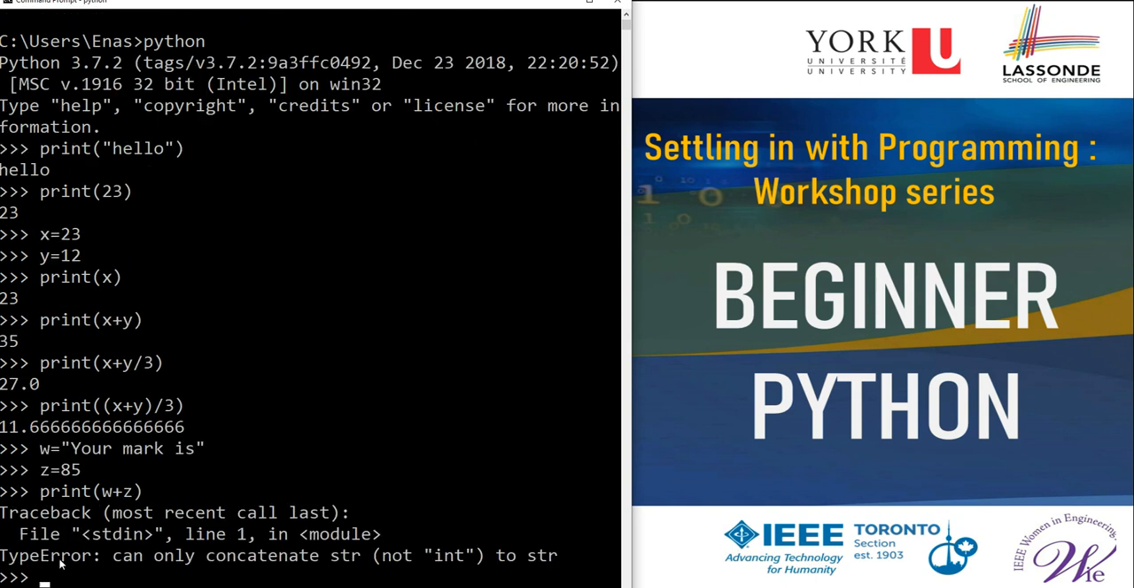What happens is that it says can only concatenate string to string, not integer. So one way to solve this is to cast the integer into a string. So what we will be doing is we will use the function str to change 85 from a number